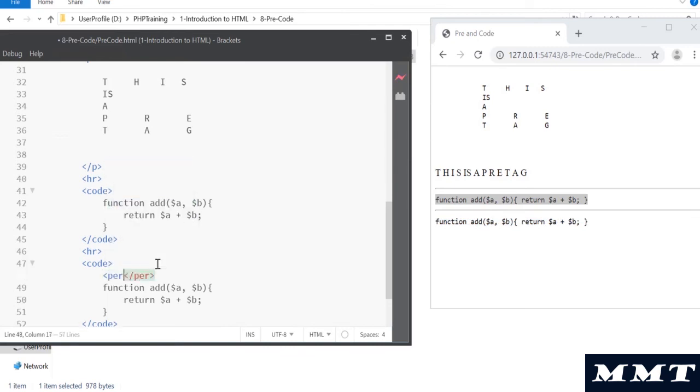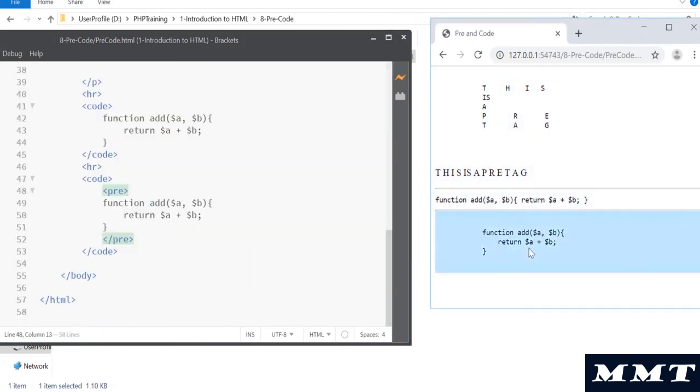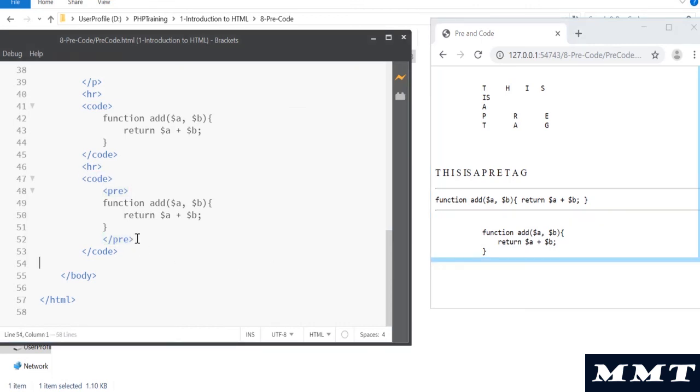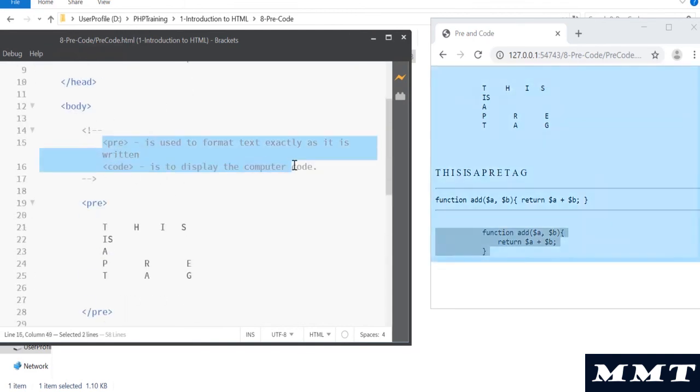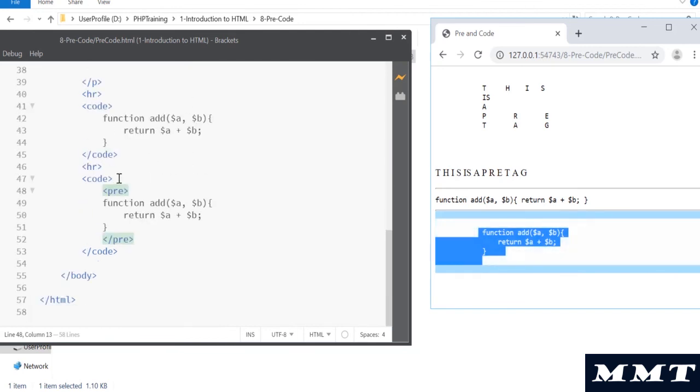If you have the pre tag here, then you get the output as you have written it, right? You see, you are able to print it as it is. So that's the purpose of having the pre tag. But if you want to embed any code, you mention it under the code tag. All right, so that's the purpose of having the pre tag and the code tag. So these two tags are very important when you deal with blogging, because sometimes you want to display some spaces between the text. You can use it via the pre tag, but there are some other things also available in HTML to add spaces. Okay, and if you want to add source code, you can always go and use the code tag.